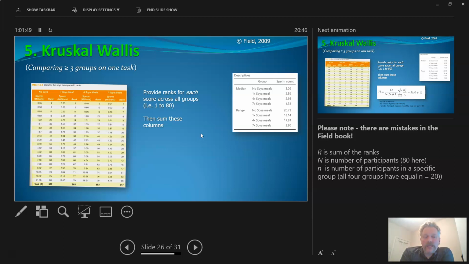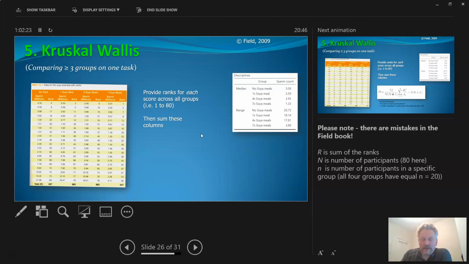This is where we have multiple groups of different participants. So previously, when we looked at the Mann-Whitney, we had two groups, left-handed versus right-handed people. But what happens if we add in a third group, or a fourth group, or a fifth group of participants? Again, we can't just keep doing one group versus another and do lots and lots of analyses. It's far better to do an omnibus test where we can test each different group against each other